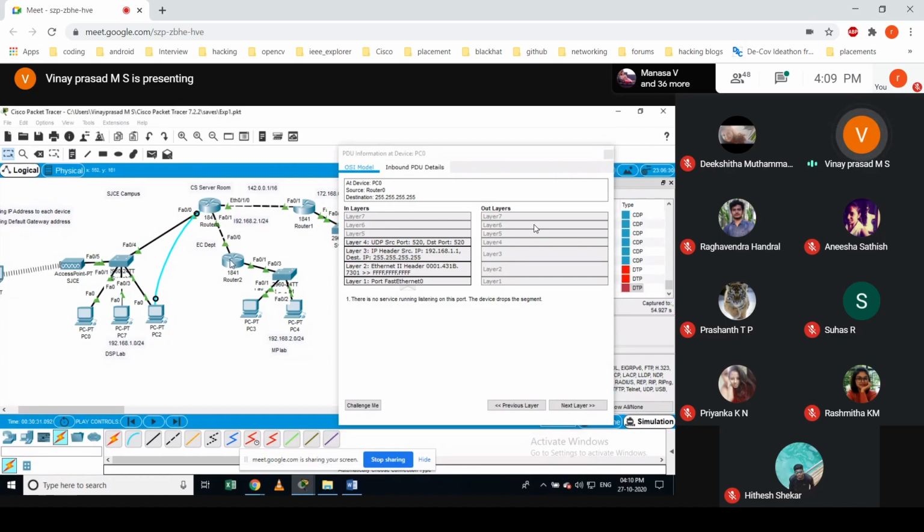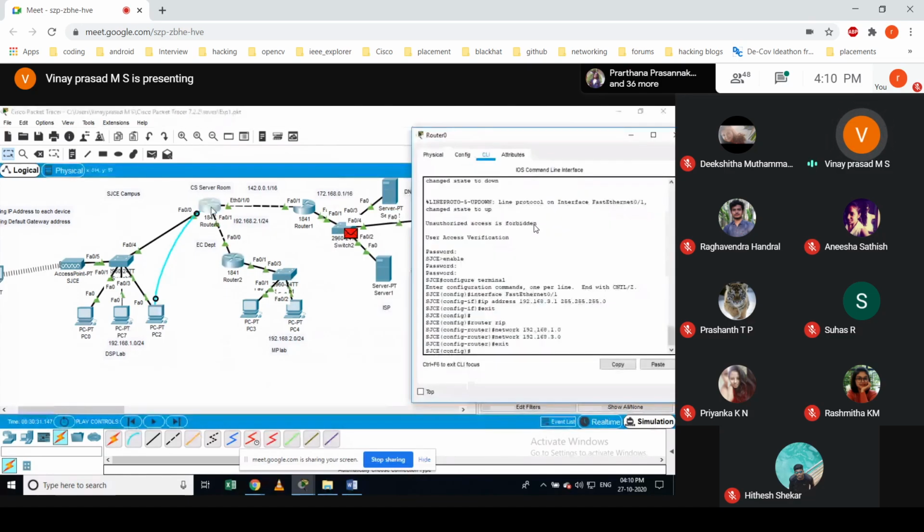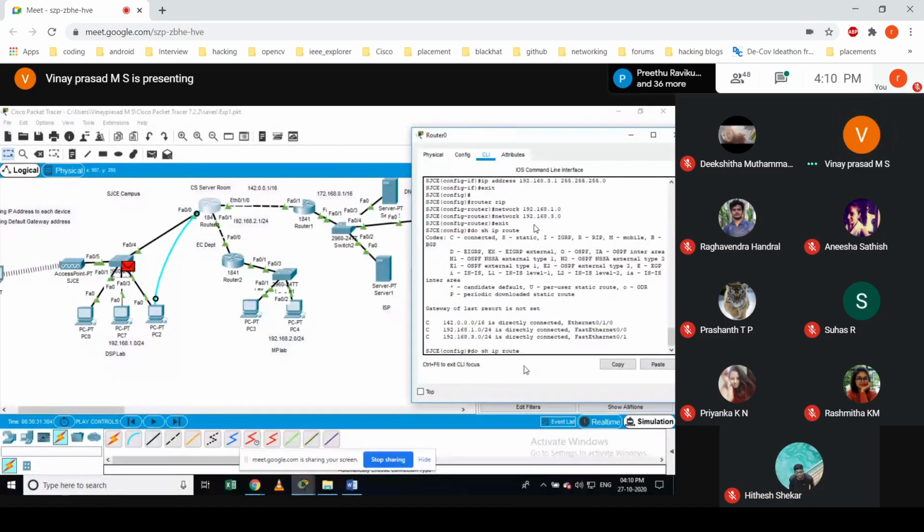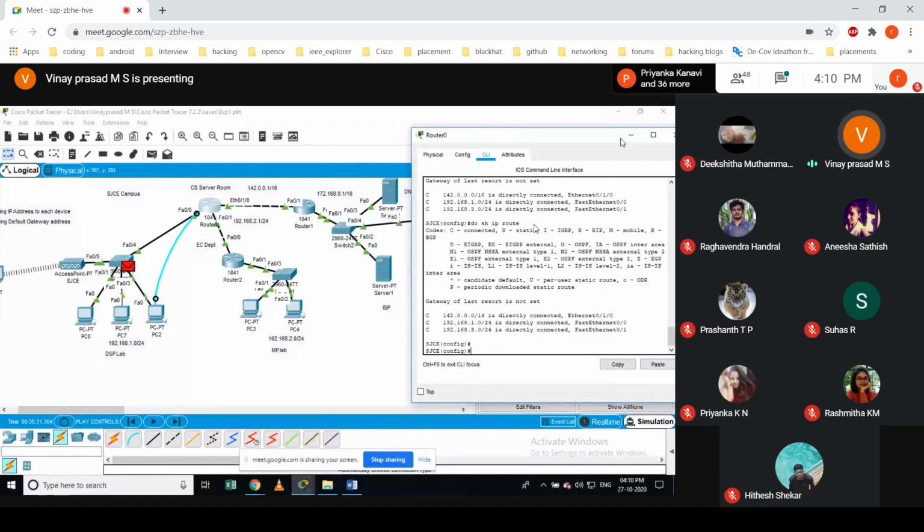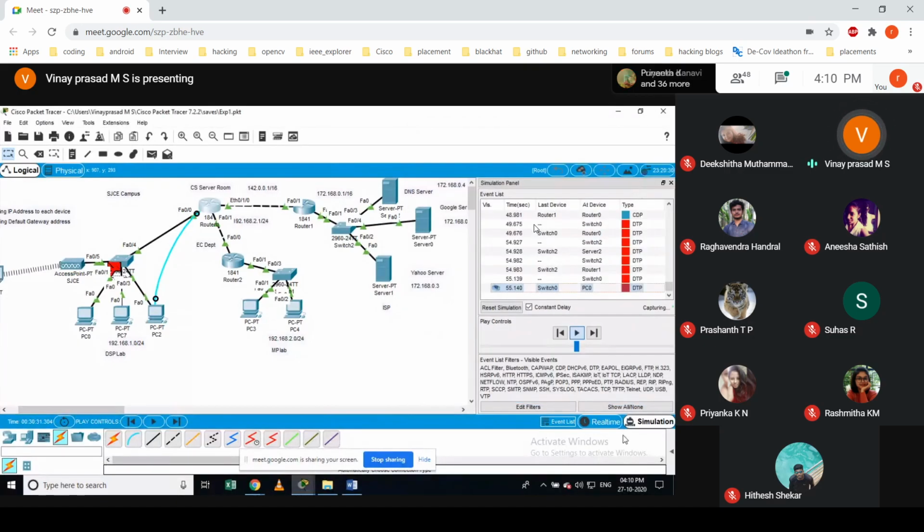Once this is received, then on this router also we are running RIP. So then it will make use of the routing information sent by this packet. And here you can also check, show run, show ip route. But in this mode you cannot do that. If you are in real mode, you can check that.